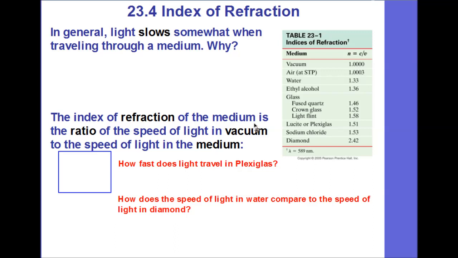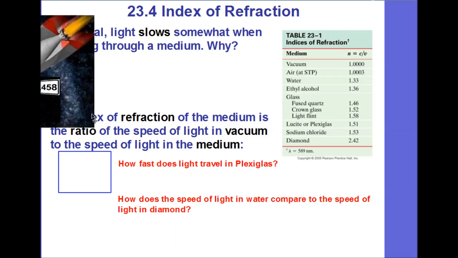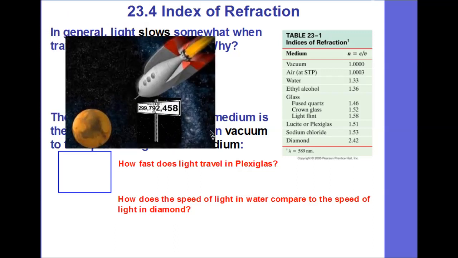In general, light slows somewhat when traveling through a medium. And we might ask ourselves the question, why? Well, let's start by looking at how fast light can travel in a vacuum. If we had some astronauts maybe traveling between the Earth and Mars, they might come across a speed limit sign posted between these two planets. Speed limit